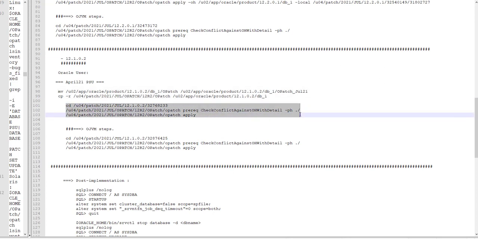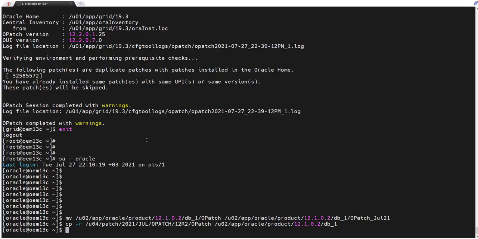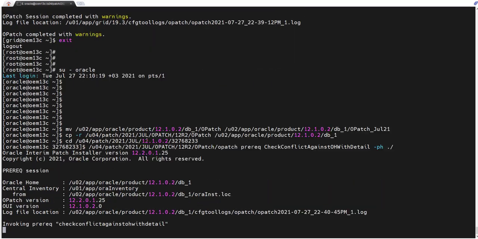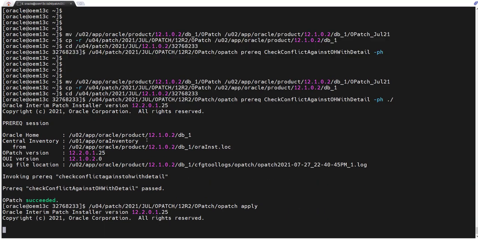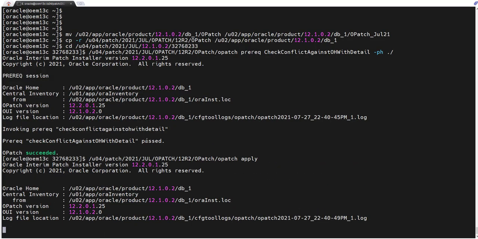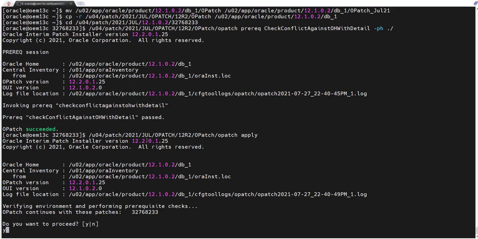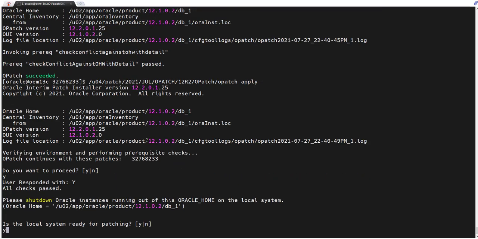Then let's proceed with the actual PSU. Let's apply now. Copy this. This will do the prerequisite check, and then we'll apply the patch. Prerequisite check first. Okay, prerequisite done, succeeded. Now starting the patch, applying the patch. Yes, proceed, yes, apply.